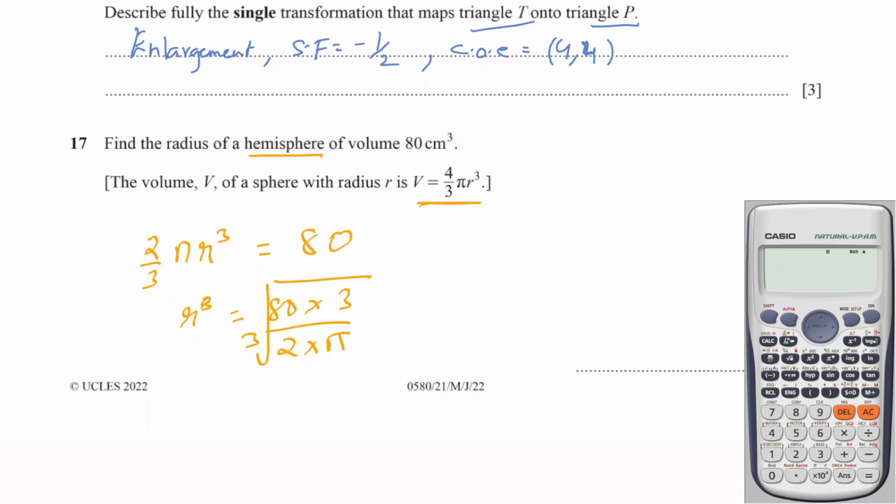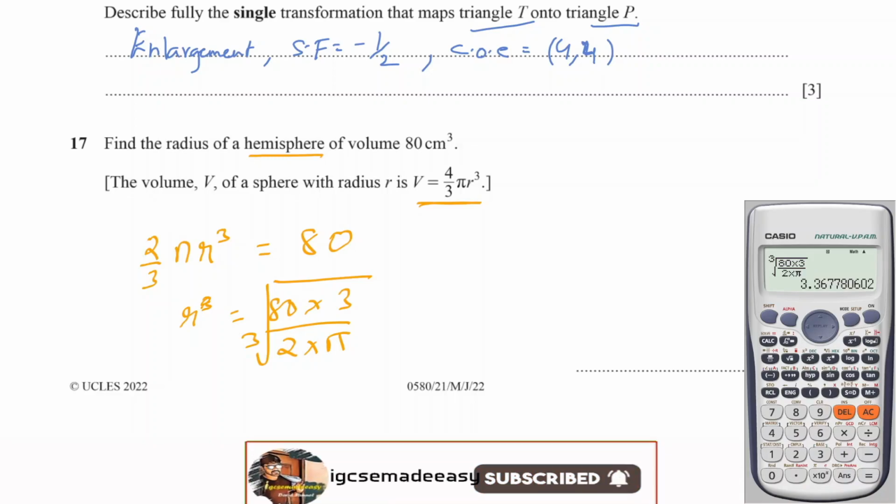So I'll write cube root of, so here we have shift and the cube root of, and 80 times 3 divided by 2 times pi, then this gives me the answer